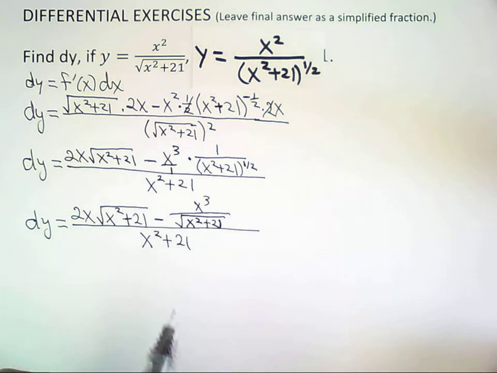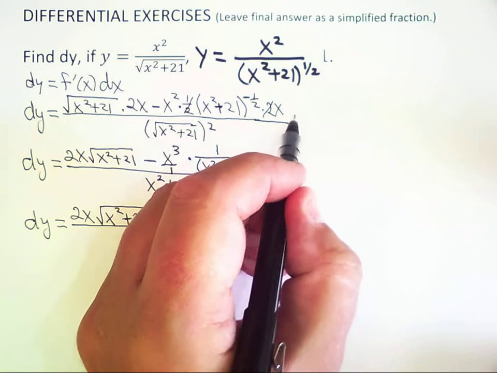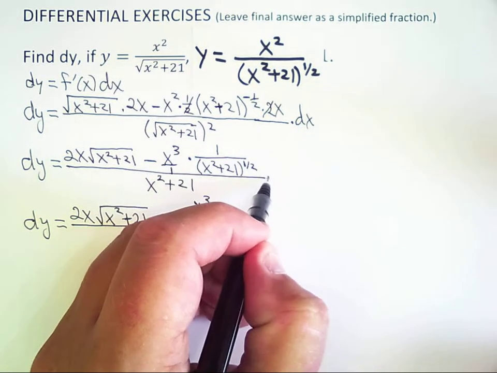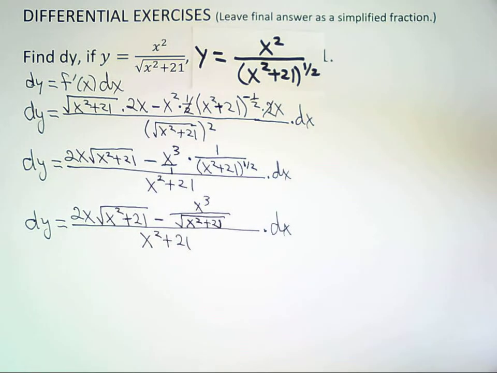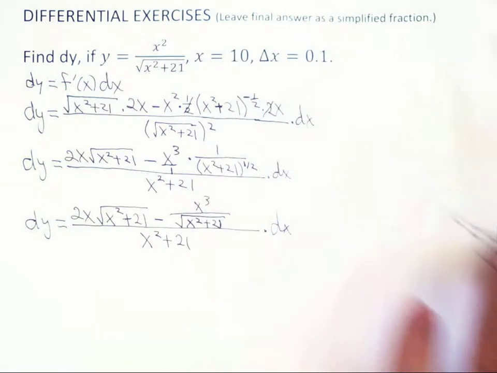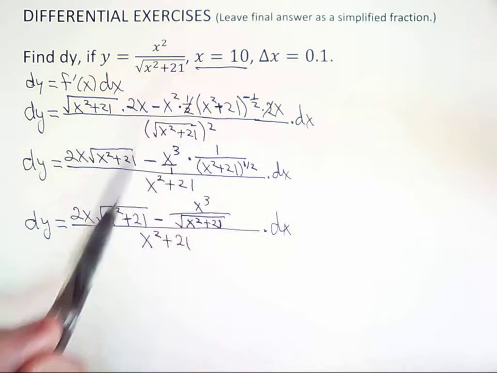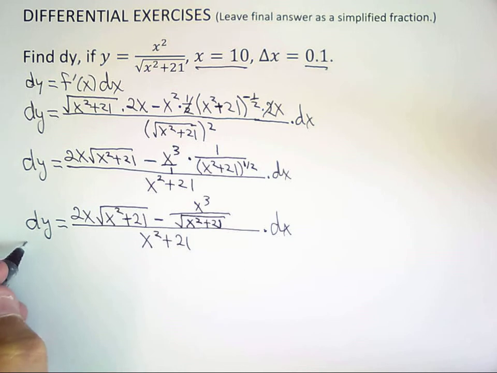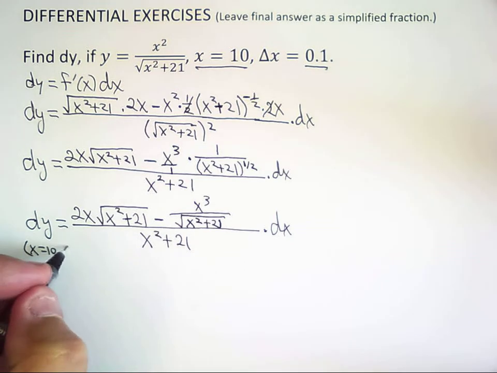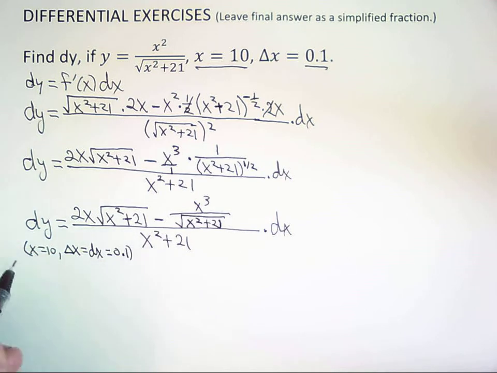Now, you've probably noticed by now, as I just have, that I haven't been carrying my dx down. And as you're calculating and get focused on the actual calculations, that's fine. But at some point, you need to realize that that dx belongs in here. So I'll go back and put that in there. You might decide at this point that you've simplified it enough that you can actually plug in the numbers that you need. And I think we might have reached that point. So I will take the 10 and plug in for x, and the 0.1 and plug in for dx. So doing that, for x equals 10 and delta x, which of course is the same as dx, being 0.1,